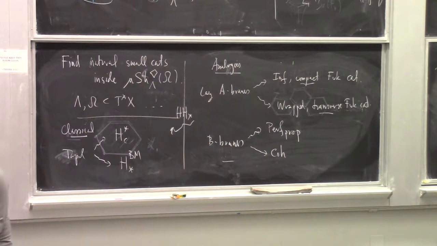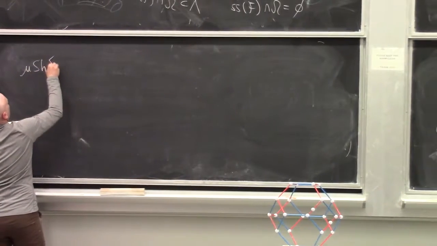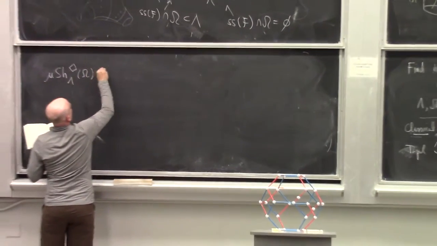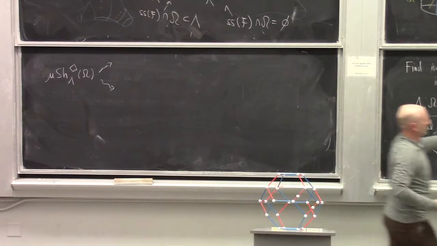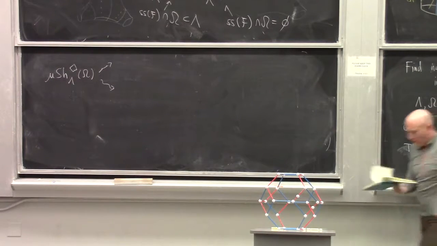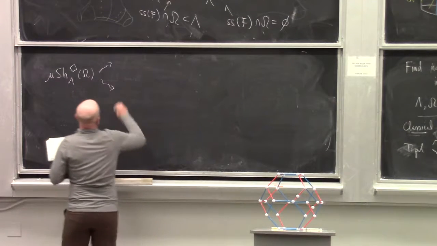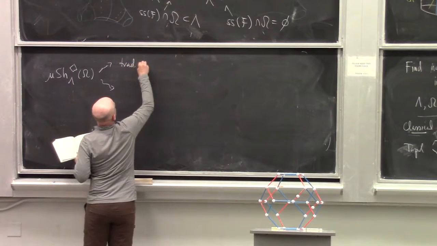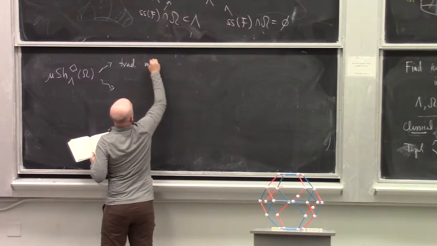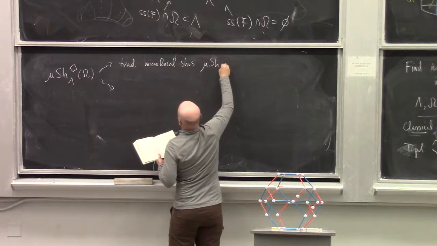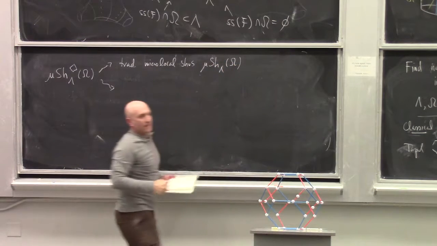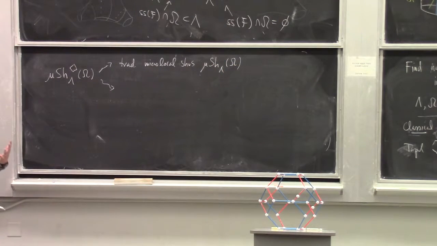For microlocal sheaves, there are two natural finiteness conditions. The one that goes hand in hand with the infinitesimal or perfect with proper support branes is what I would call traditional microlocal sheaves, which I'll now denote without the diamond. Let me tell you what I'm going to impose to get this finiteness.